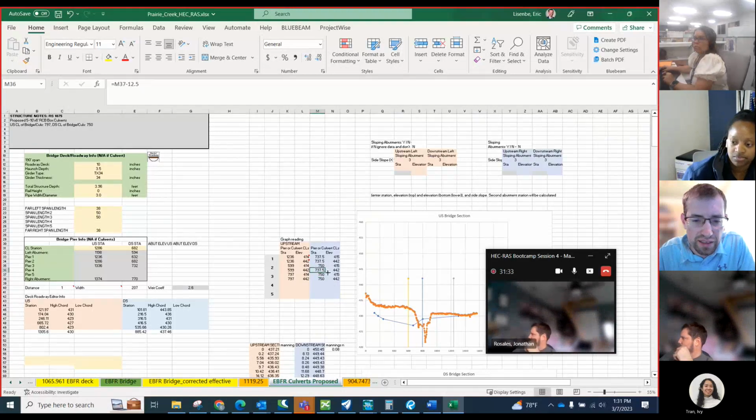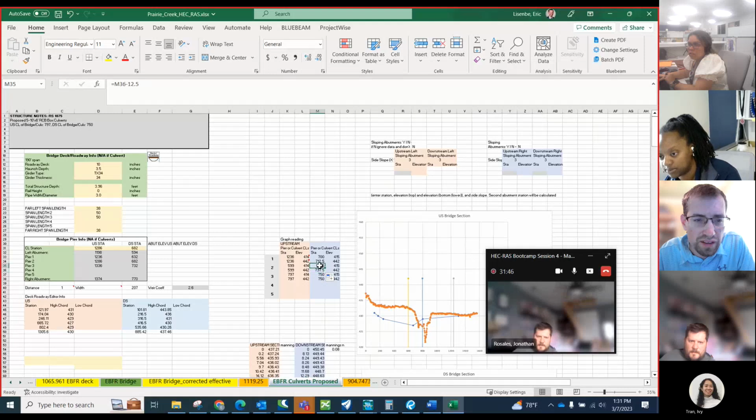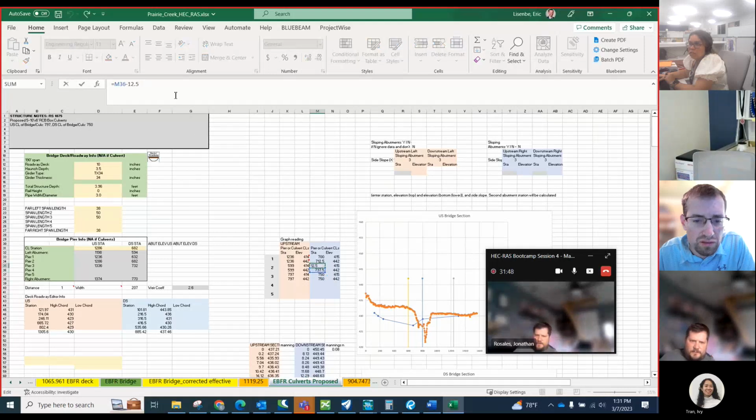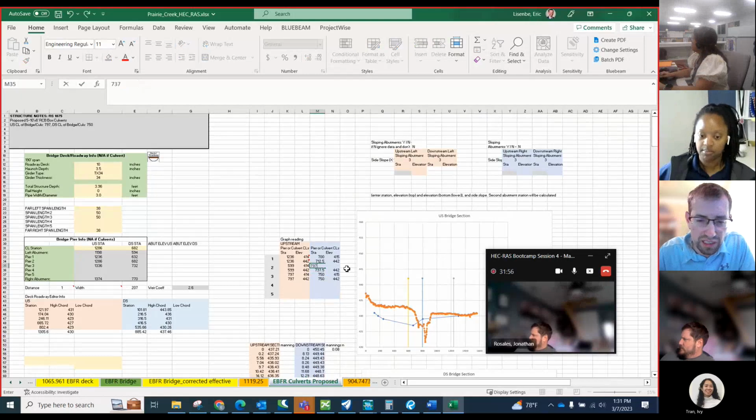Let's drag that. 750, 750, 750. So that will give downstream stationings of